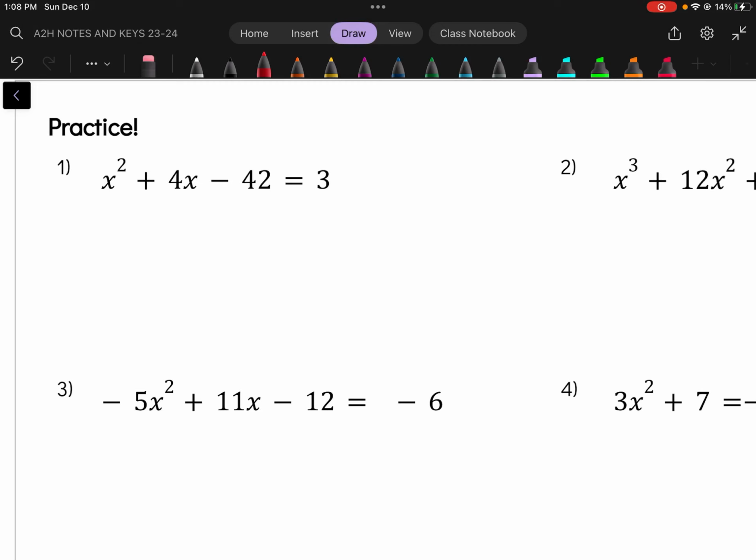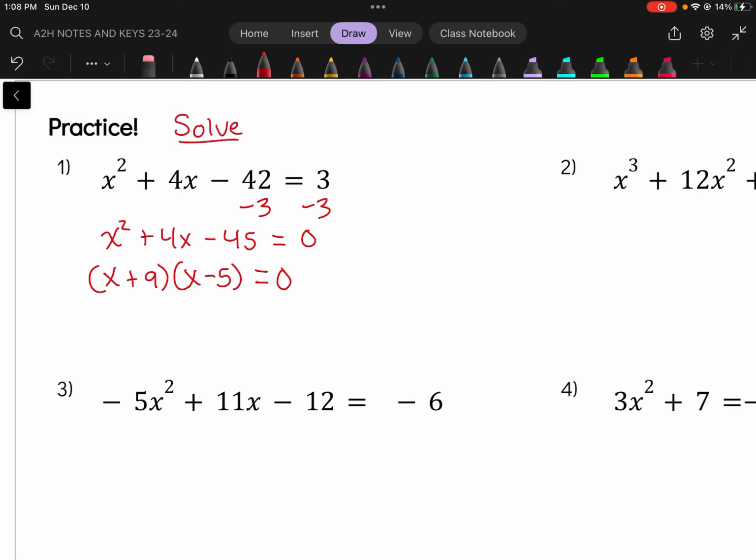So number 1, I see it's not equal to 0. Let's subtract that 3. My lead coefficient is just 1, so we can use the shortcut here, and we should be able to see it really quickly. It factors to this. Now, the most important thing I see people getting wrong: if it says to solve, then we keep going through. If it just said factor,